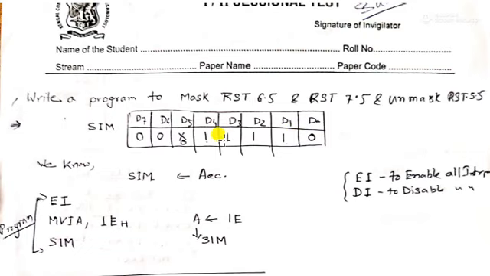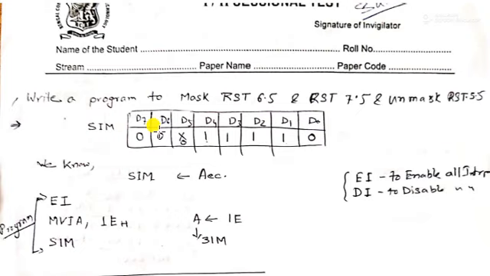In this way we can write the frame format, and for the rest of the bits, we have to unmask RST 5.5, that is the D0 bit for RST 5.5. So it is unmasked, that means it is 0. D5 is don't care, so we can make it 0 or 1. And these are the serial output data and serial output enable. In this question, there is no mention of what operation will be performed with these two pins, so for simplicity of the program, we make them 0.